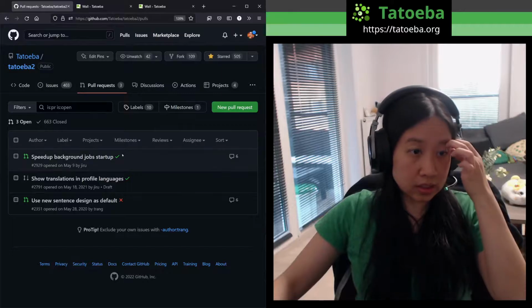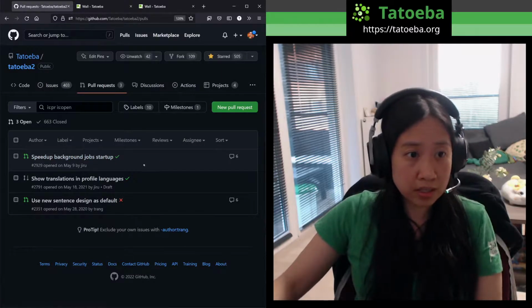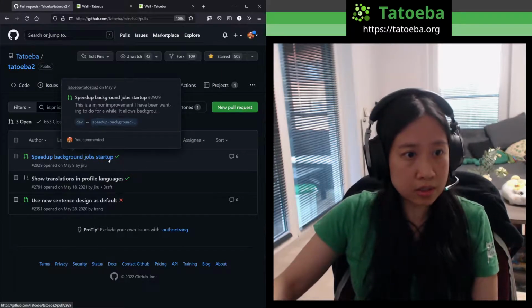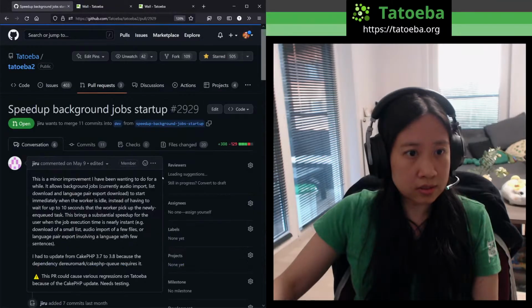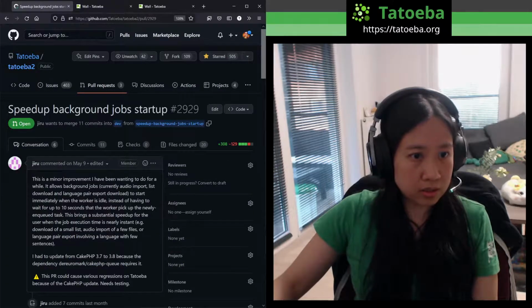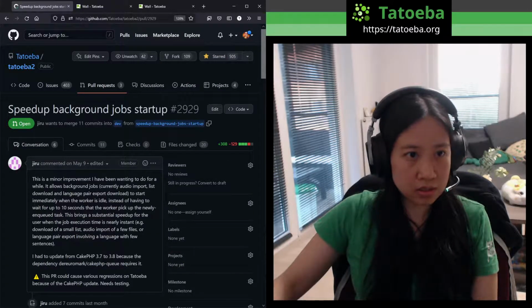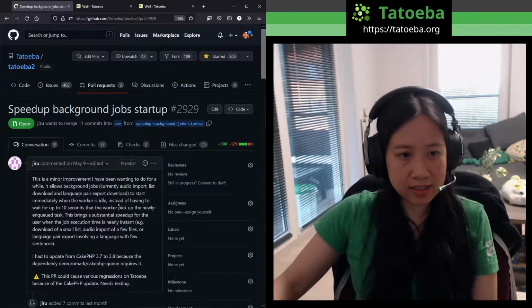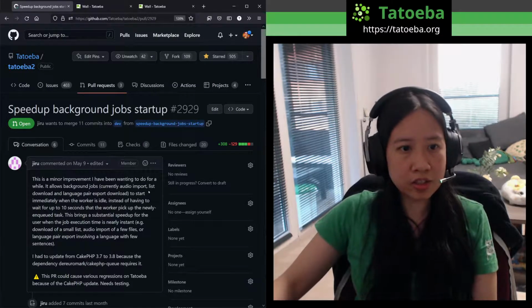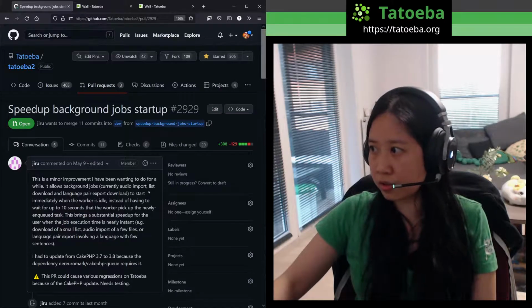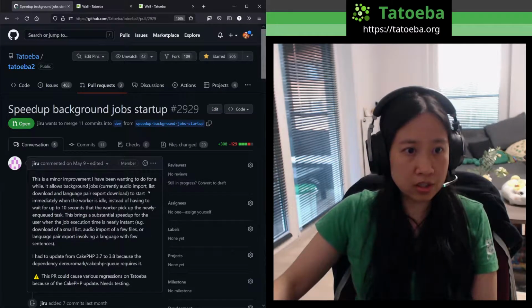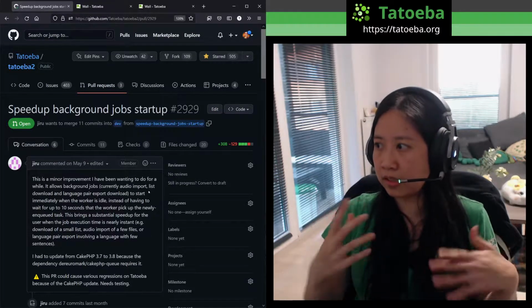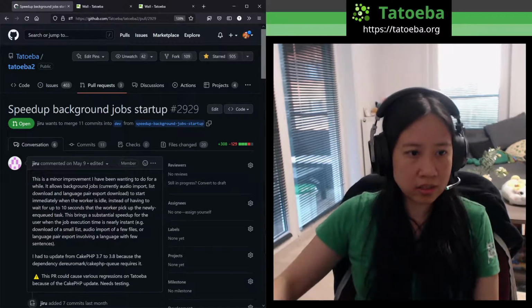So the first thing is speeding up background jobs startup. This is not a new feature, it's just making an existing feature much faster. There are cases where as a user you might want to download things, and Tatoeba needs some processing in the background.